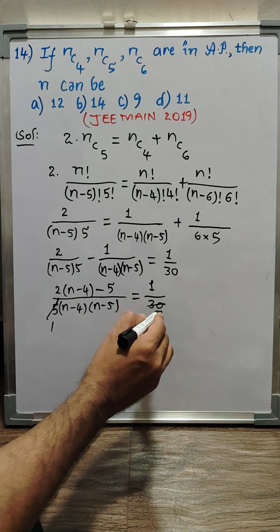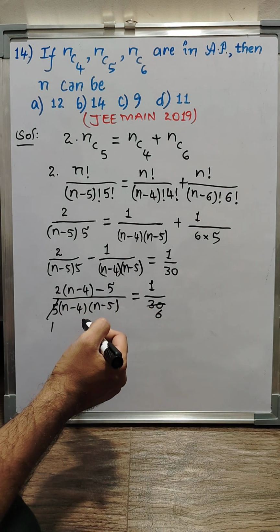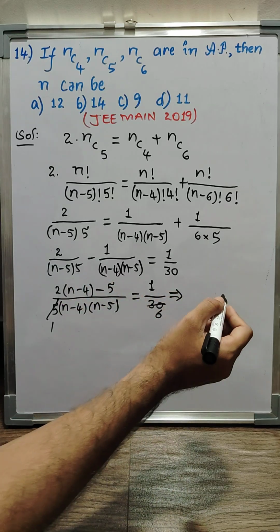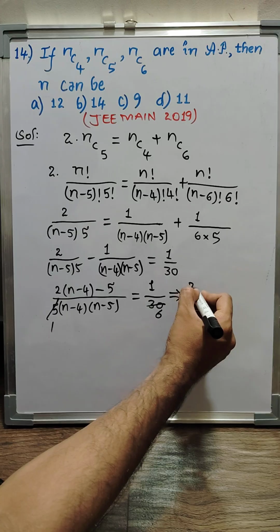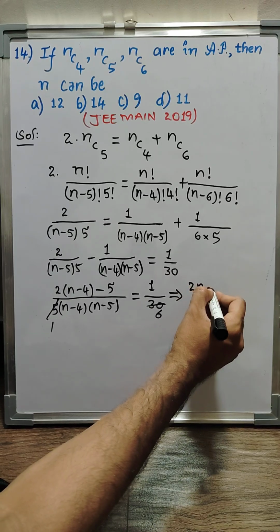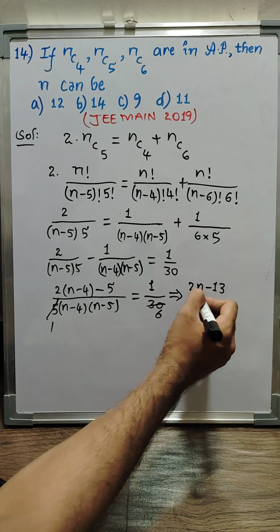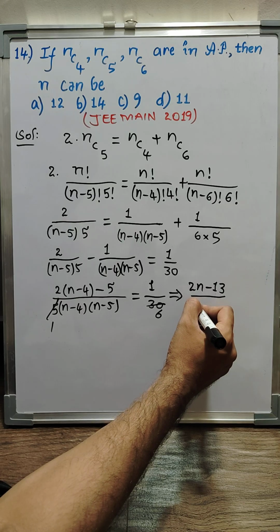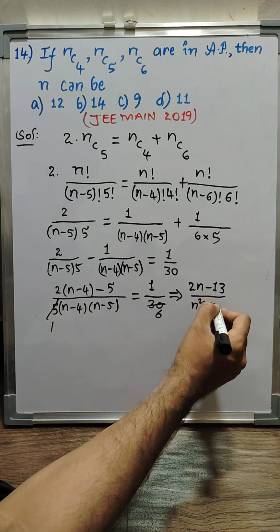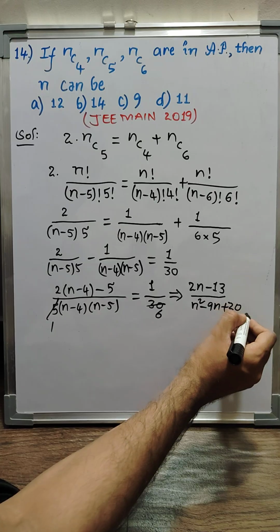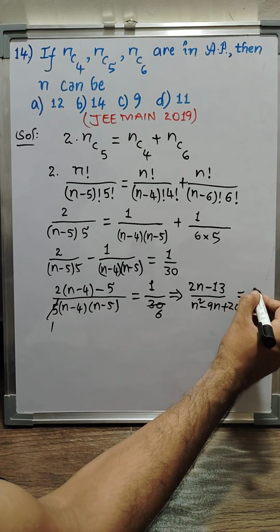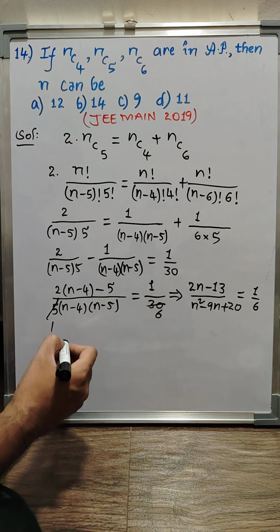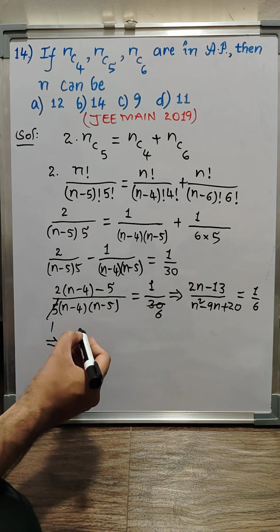5 ones are 5, 5 sixes are 30. So we can have here in the left hand side 2n minus 8 minus 5, 2n minus 13, divided by (n minus 4) into (n minus 5), which is n square minus 9n plus 20, we can write. So this is equal to 1 by 6. So from this, on simplification we can get it like